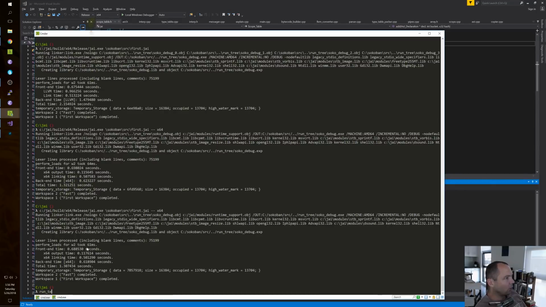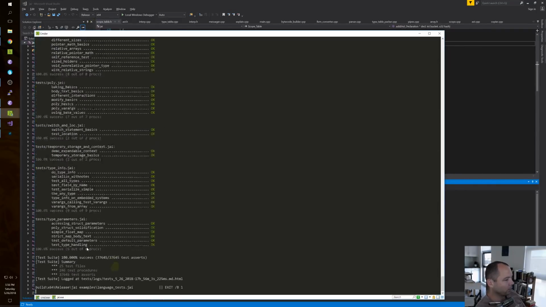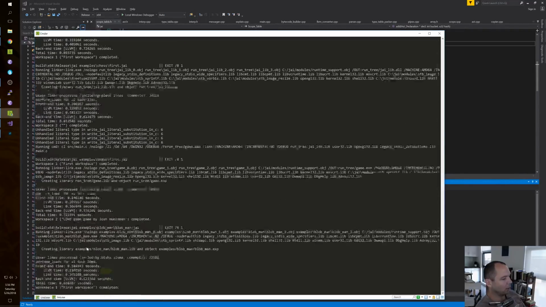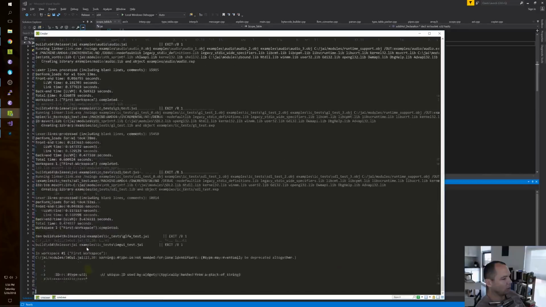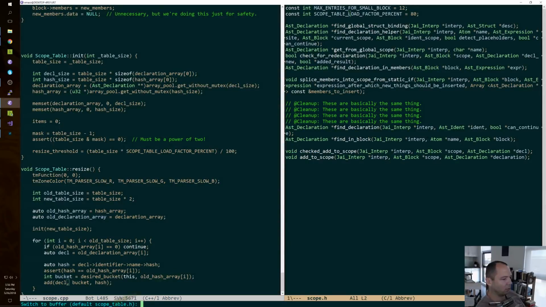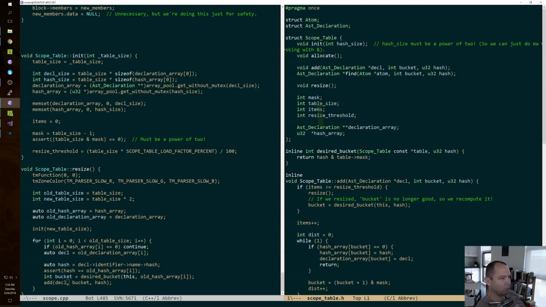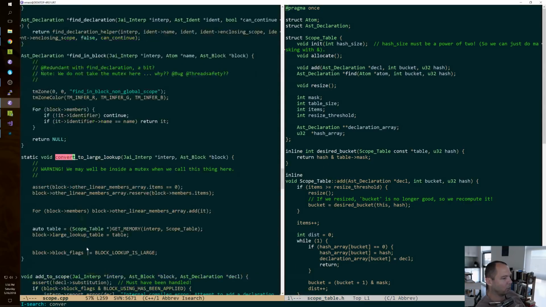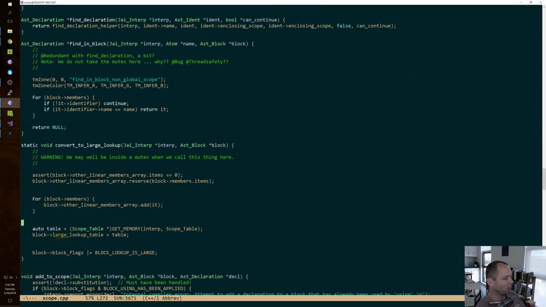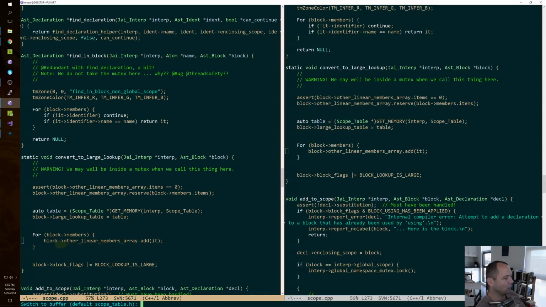Let's run tests. So we're supposedly allocating these tables now. We're not yet adding things to them. So let's do that before we check in our next milestone. This convert to large lookup. Well, we add it to other linear members array, and then we also say